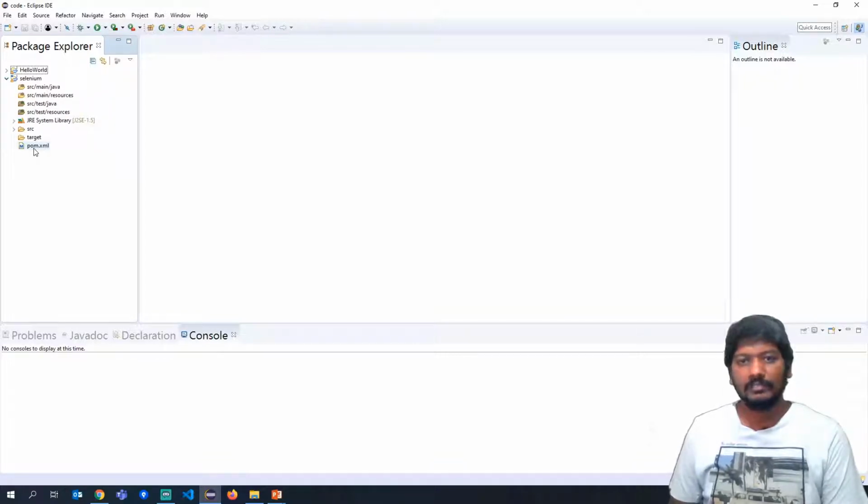The beauty of Maven projects is that you don't need to download any jar files and then add them to your Java path. That is a very tedious activity, and there are also problems, like if somebody has changed the jar file, you have to go and download it again, right? Instead of that, we can add a dependency here in the pom file.